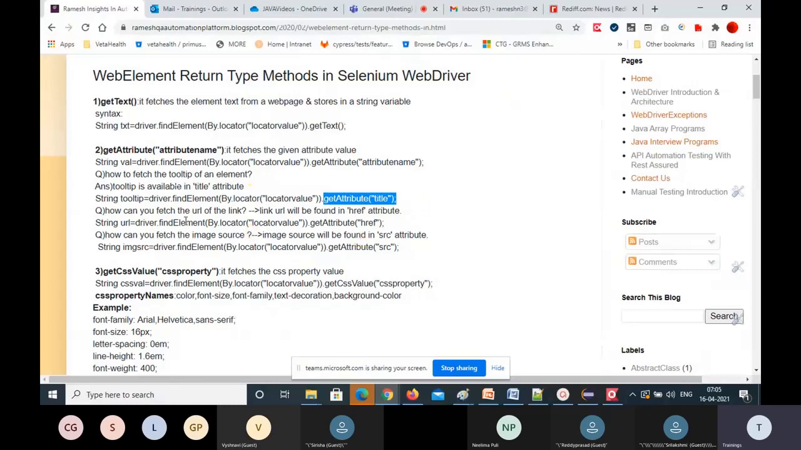Okay, so next one. How can you fetch the URL of a link? The URL of the link is available in which attribute? The href attribute. So just call String URL equals driver.findElement(By.locator(value)).getAttribute("href"). Automatically, you will get any link's URL. I'm going to use all of this in the main scenarios. So if you want any link's URL, you need to call the getAttribute method on that link and pass